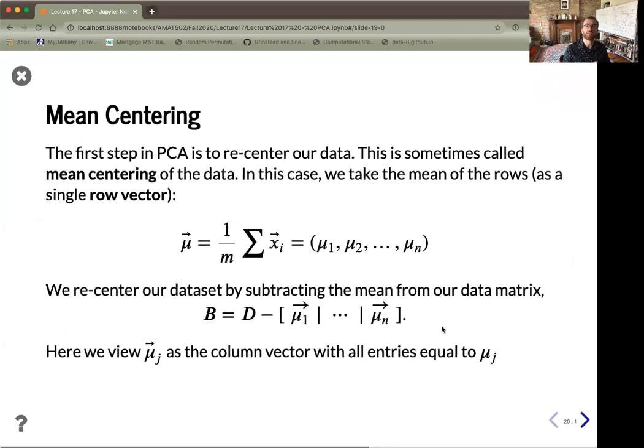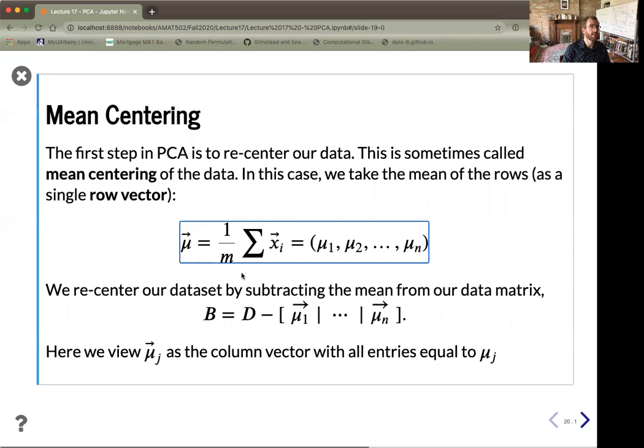All right, so one of the first things you always need to do is mean center your data. What that means is, and no pun intended, we need to take each of our samples viewed as a row vector, and then compute the mean across those row vectors. So take my first row vector, add it to my second row vector, add it to my third, all the way up through m,